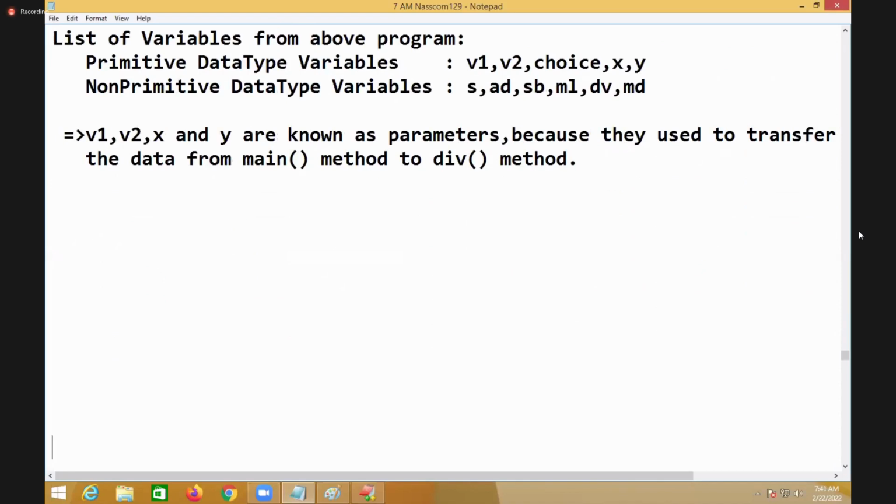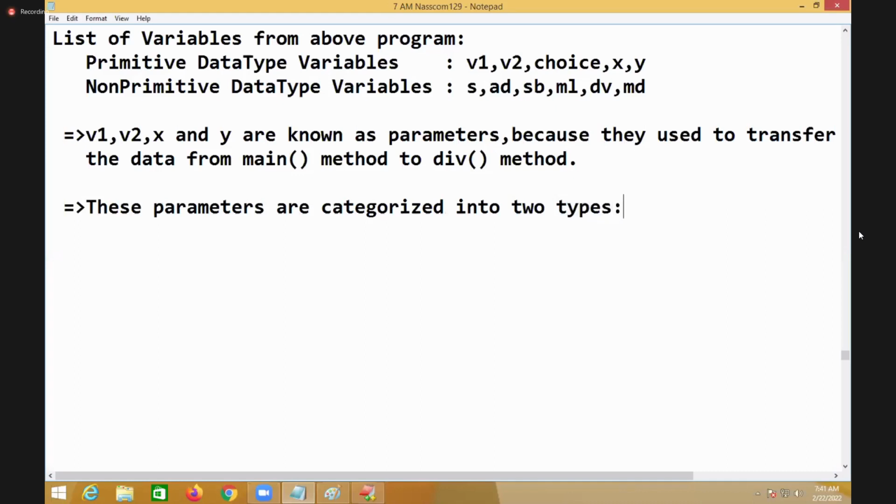Among these parameters, two types are there: actual parameters and formal parameters. These two terms are asked in interviews. So parameters are categorized into two types: actual parameters and formal parameters. I am writing the category for the notes. These parameters are categorized into two types: